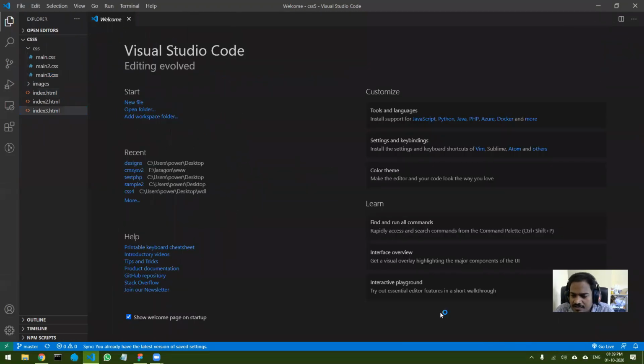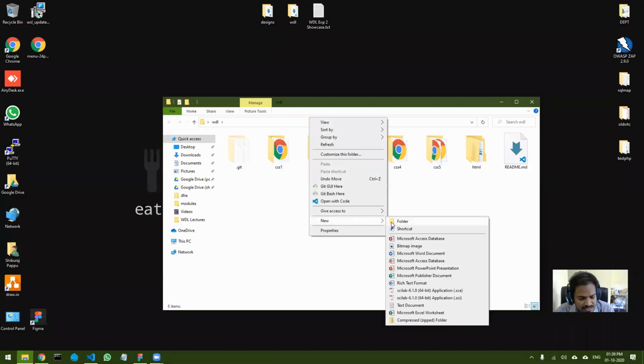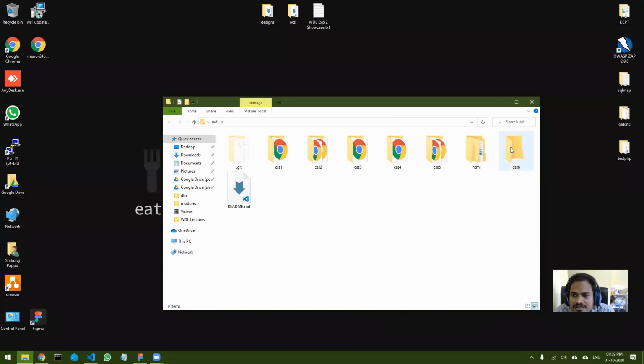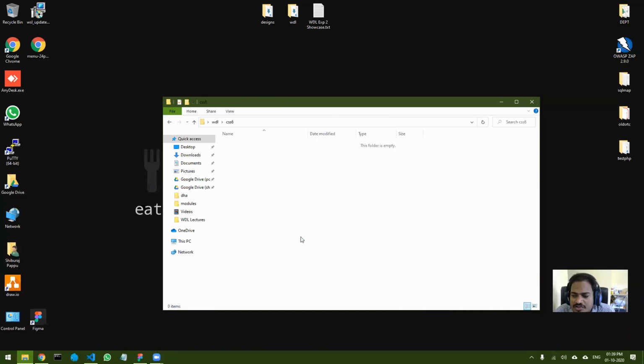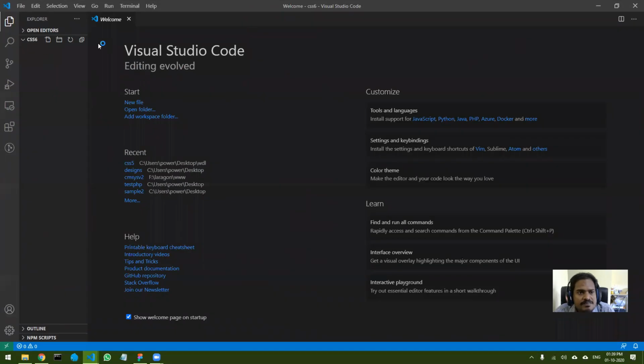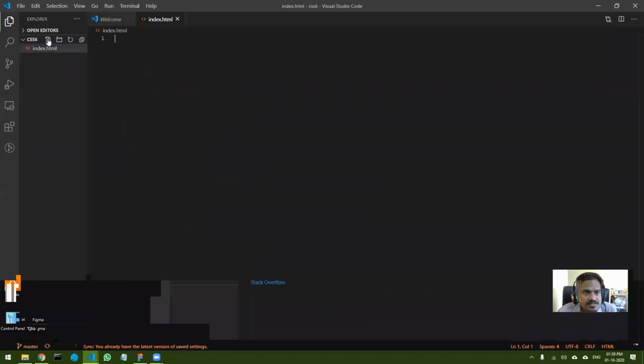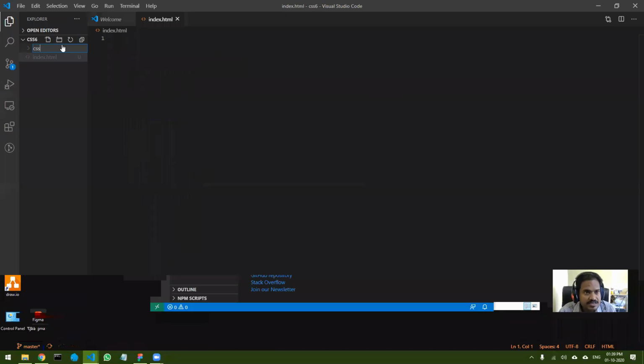Let's create a new folder, and create CSS6. And let's open this in Visual Studio Code. First, index.html and CSS and another images. Inside CSS I will need one style file.